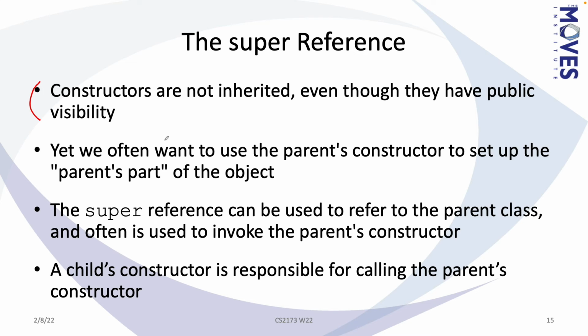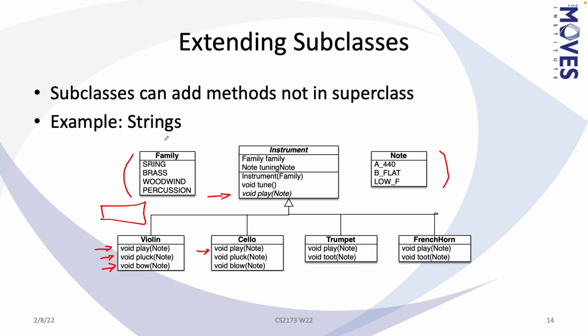So how does Java create the class? If I were to say new trumpet, assuming that I had a trumpet constructor, I can't say new instrument if I want to make a trumpet. If I say new instrument, that will only give me this stuff. If I want the things in trumpet, I have to say new trumpet. So how does it construct it, though? Well, first it calls the trumpet constructor, and then it calls the constructor in the superclass, and then finally,